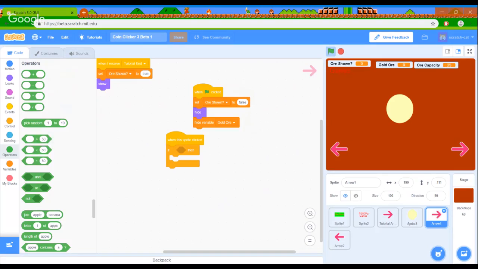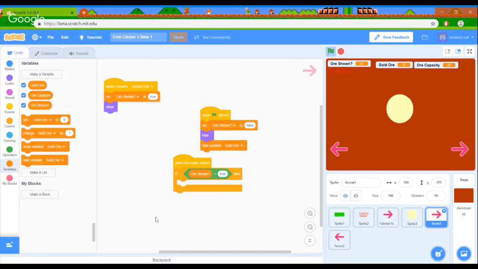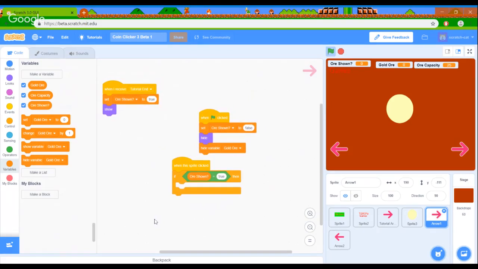Oh wait, this is under. Equal. So if ore shown is true,